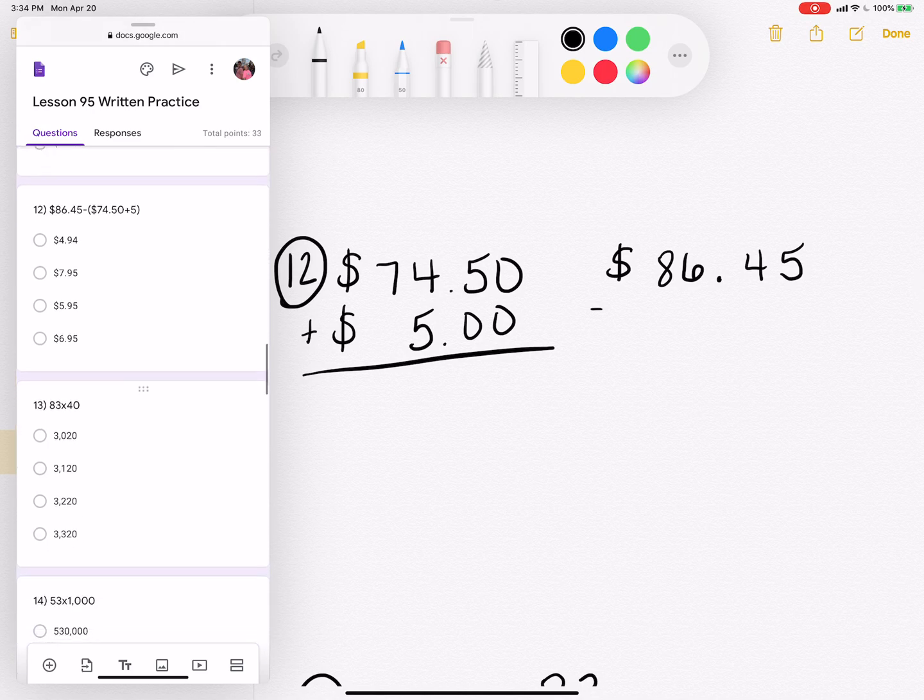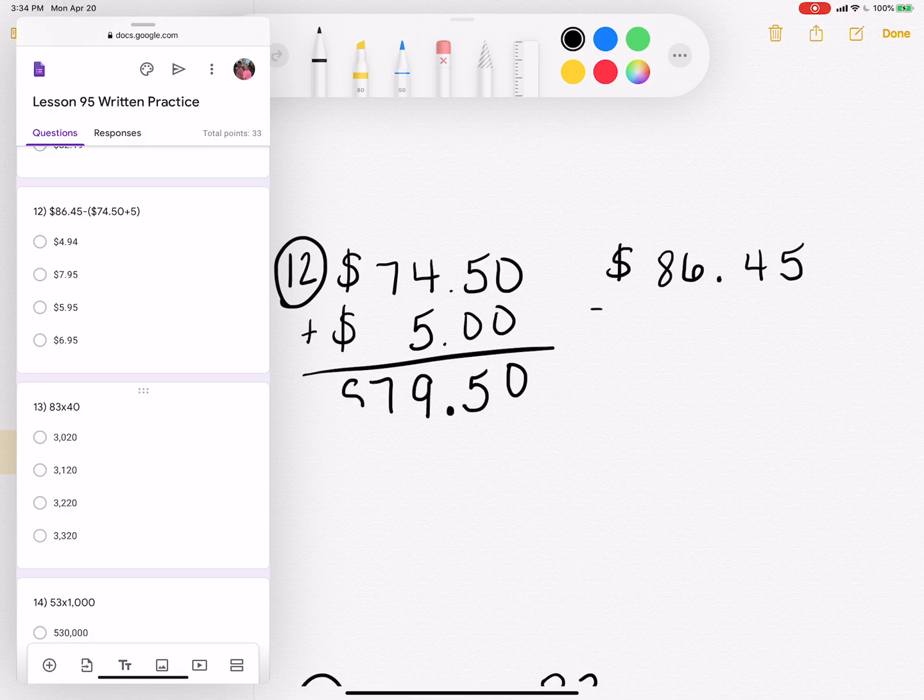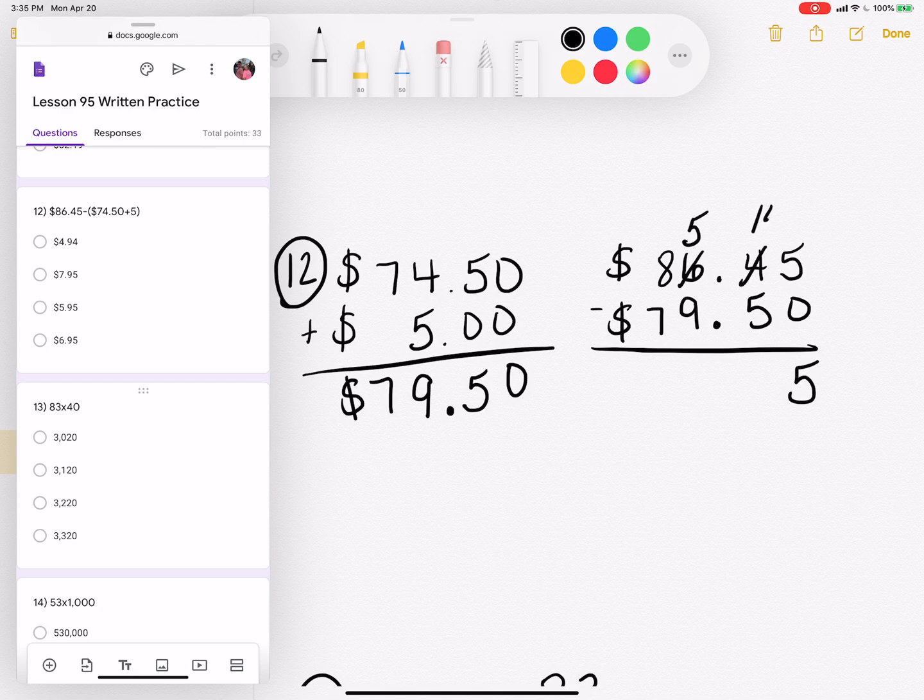Number 12 is a two-step problem. You do the parentheses first, and this time you're subtracting what you find. So 0 plus 0, we're adding then subtracting. 5 plus 0 is 5. Decimal, 9 and 7. Now subtract that, 79.50 from 86.45. 5 minus nothing is 5. I can't take 5 from 4. 14 minus 5 is 9. Decimal. Can't take 9 from 5. 8 becomes a 7. 15 minus 9 is 6. And I got